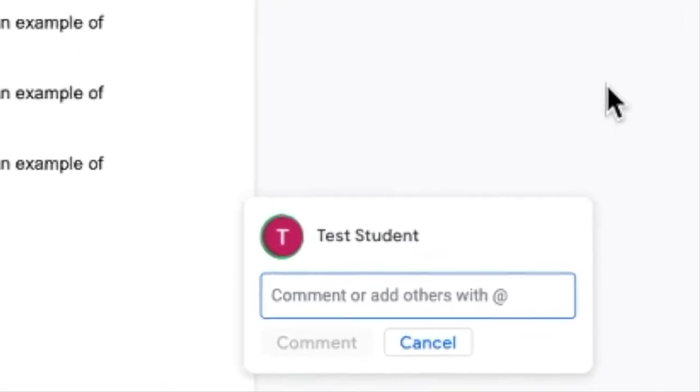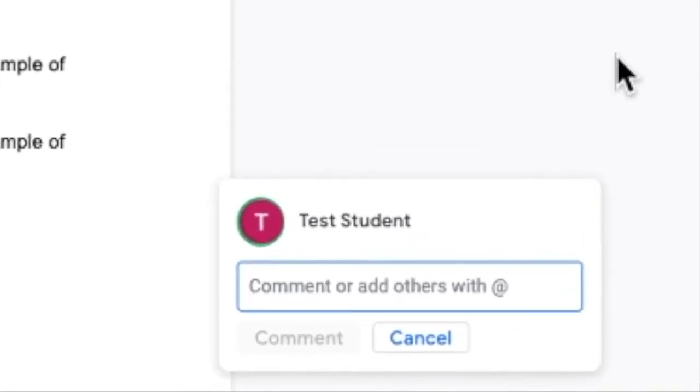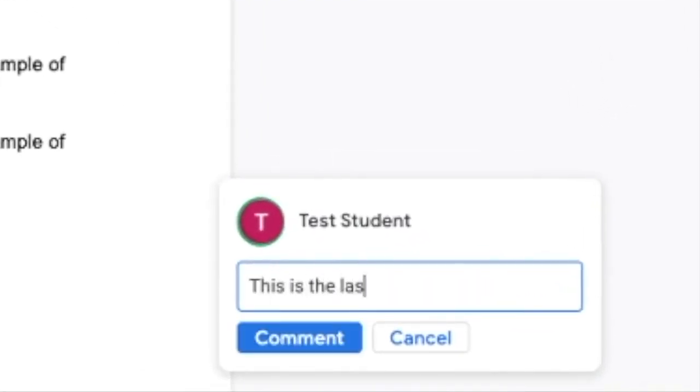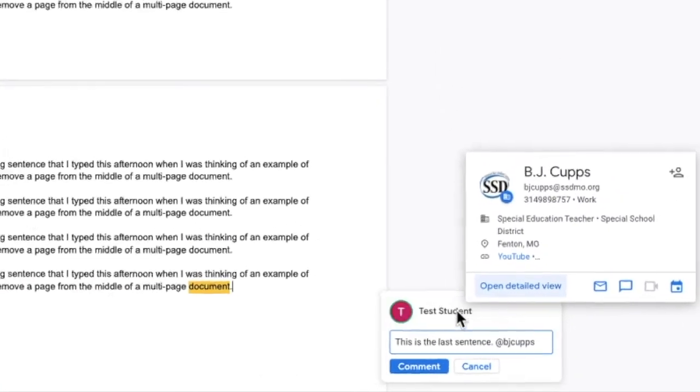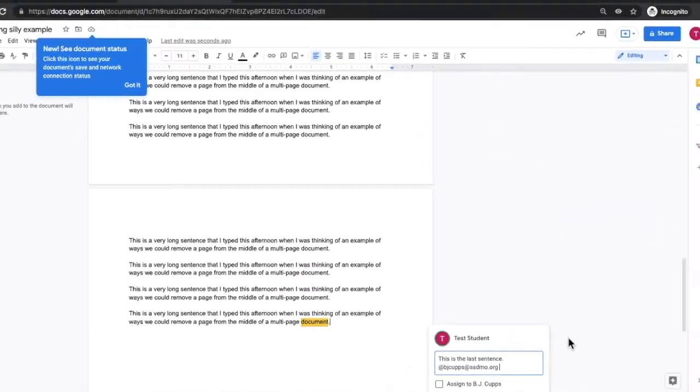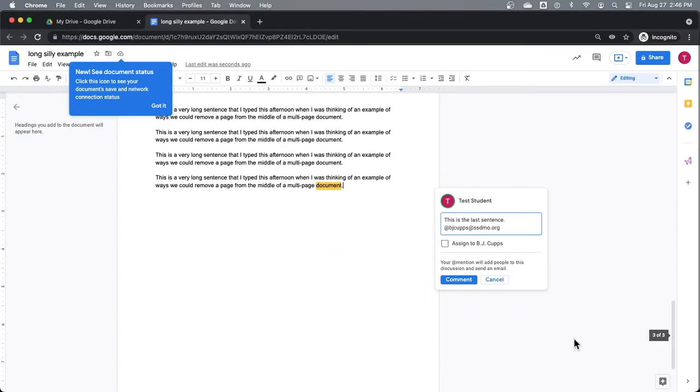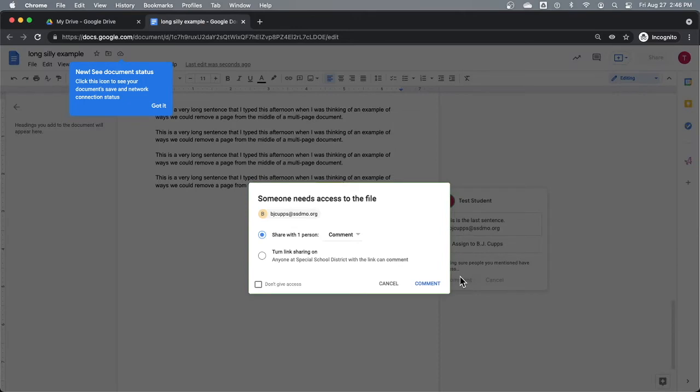So I can say, this is the last sentence. Okay, at this person. So I'll click on that guy. All right. Now, when I comment, it says my mention will add people to this discussion and send an email. All right, so now when I hit comment, share with one person. The comment,